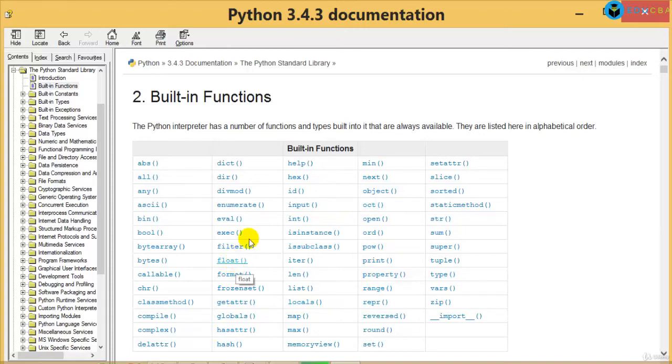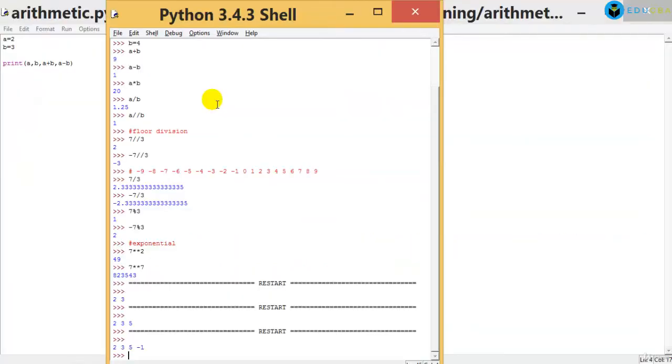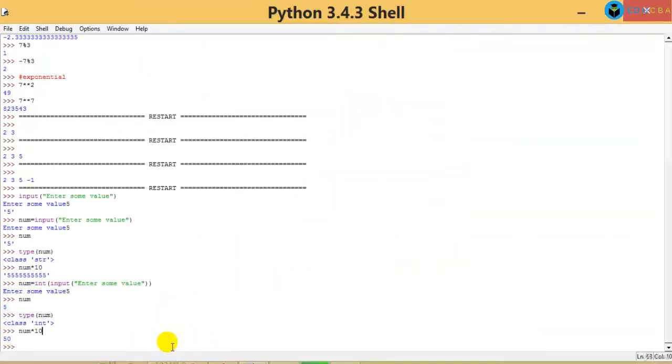Can you have a look here? Yes, there is a function float. If you click on float, it says it returns a floating point number constructed from a number or a string x. So now I'm going to just do an Alt+P. Okay, I got this. Now I'm going to tell the user to enter, but I know he's going to enter a floating point value. Say for example, he may be entering the temperature of that particular place, or in IoT, the temperature at which the fridge should cut off, or the AC should cut off, or something like that.